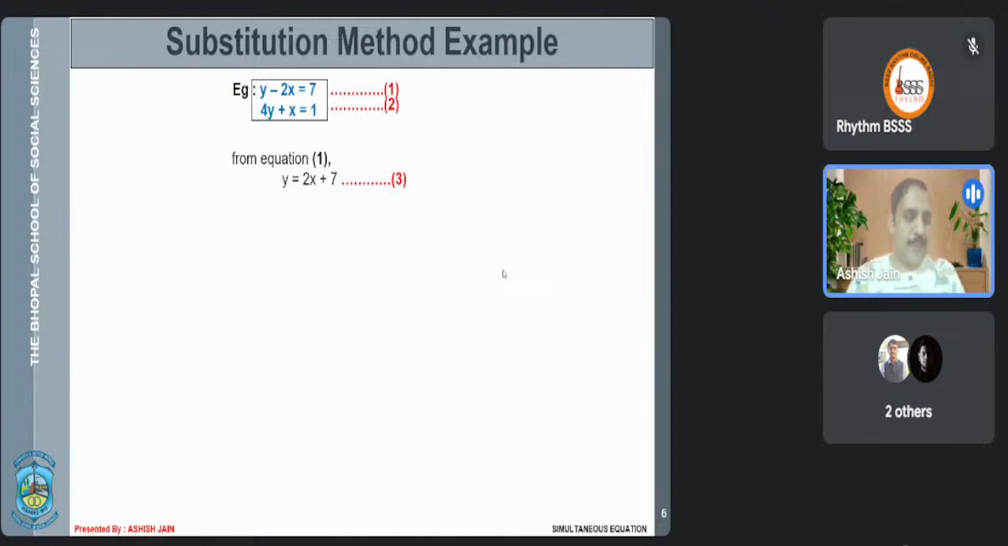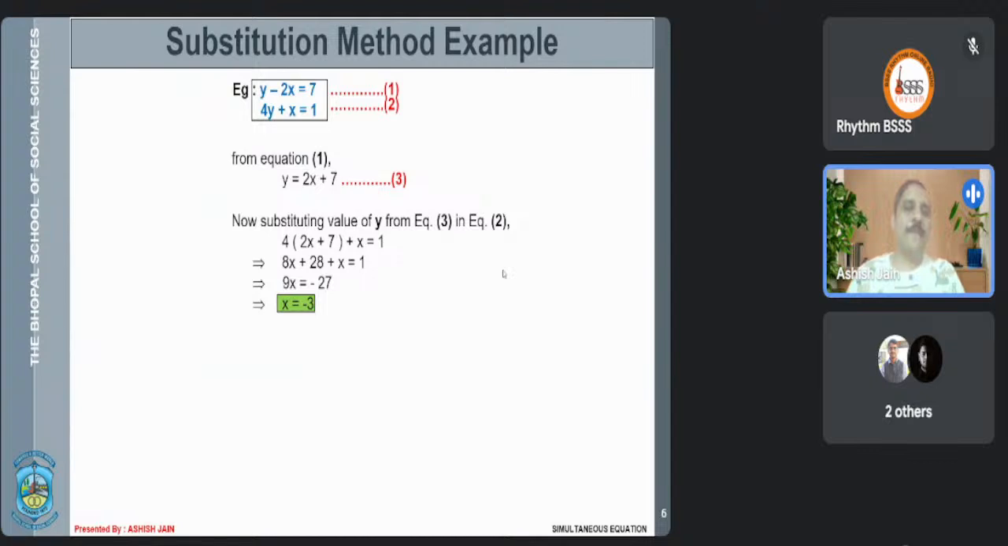Since it's a substitution method, I will substitute the value of y in the remaining equation number 2. So it becomes 4 times (2x plus 7) plus x is equal to 1. Put an implies sign, open the brackets. It is 8x plus 28 plus x is equal to 1. 8x plus x is 9x. You take this 28 to this side, it becomes minus 27. So the value of x is equal to minus 27 upon 9, which is equal to minus 3,